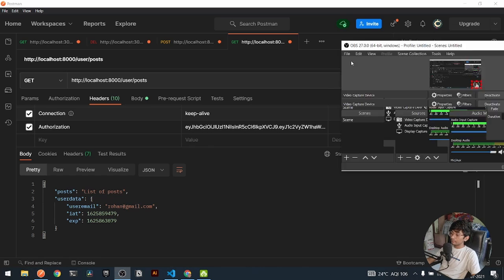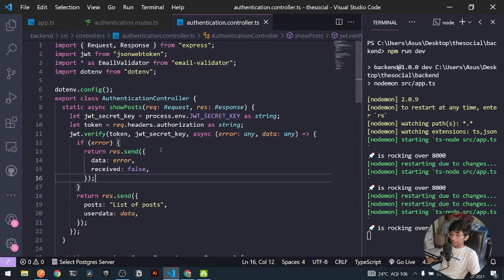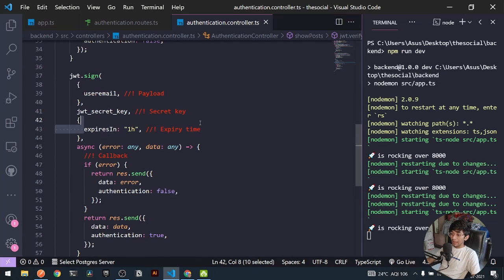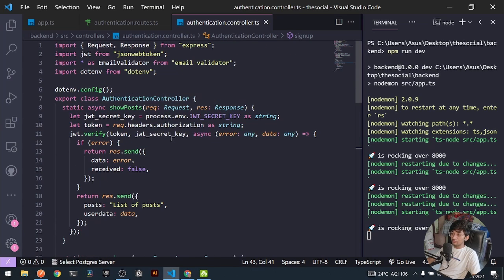Now this is the power of JWT, and along with this power, the particular JWT will be expiring. As soon as 1 hour has elapsed from the timing of our JWT, that's because we have provided an expiry time of 1 hour right here. After 1 hour, the particular JWT will be of no use, the JWT will be expired. So this is a way of sending a JWT and authenticating your user with the help of JWT.